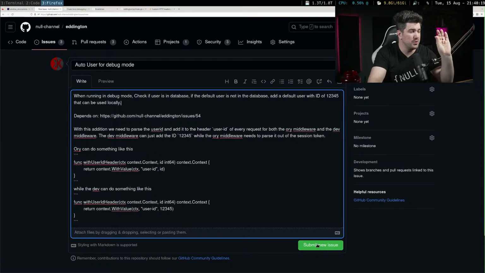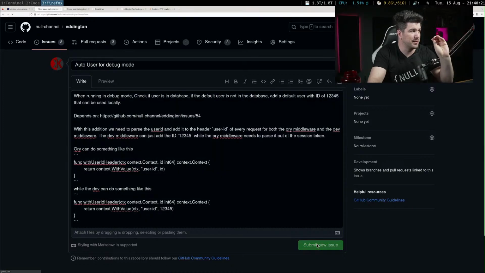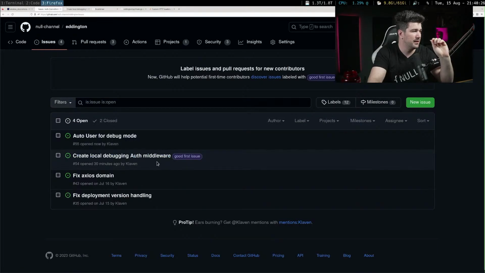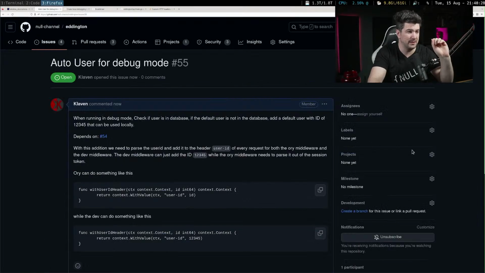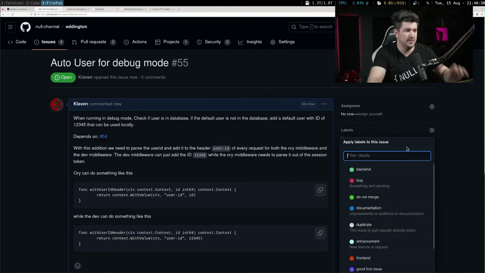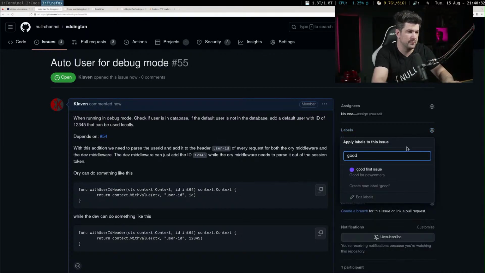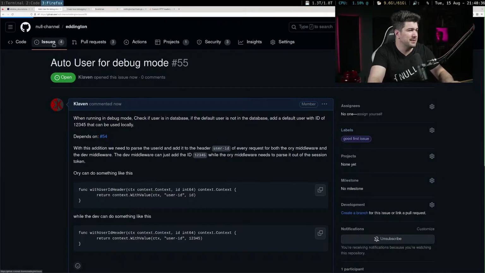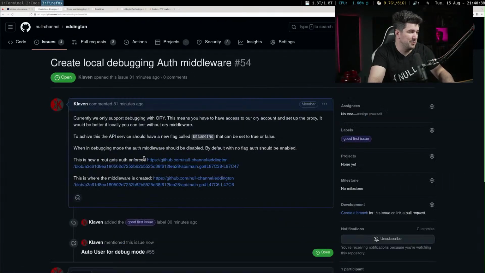Okay, so knowing this, I want to go back and update the other good first issue. Well, actually, let me make this a good first issue too. Knowing this, though, I want to go back to this good first issue because it would actually make me design this differently.